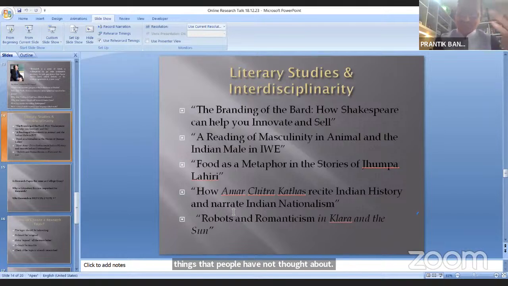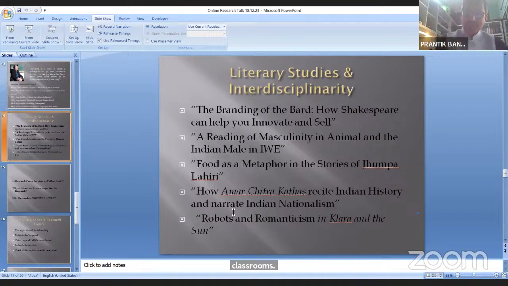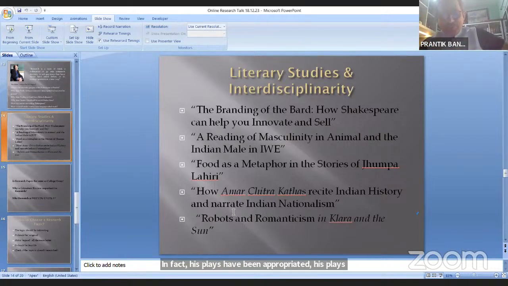So Shakespeare, for instance. I keep giving you examples from Shakespeare, but I suppose that comes in handy. Shakespeare is not only read and studied, taught and learned in literature classrooms. In fact, his plays have been appropriated. His plays are being studied in disciplines that have nothing to do with literature, let's say leadership and management studies, or peace studies and international relations. So, for instance, take a research title like "The Branding of the Bard," how Shakespeare can help you to innovate and sell,